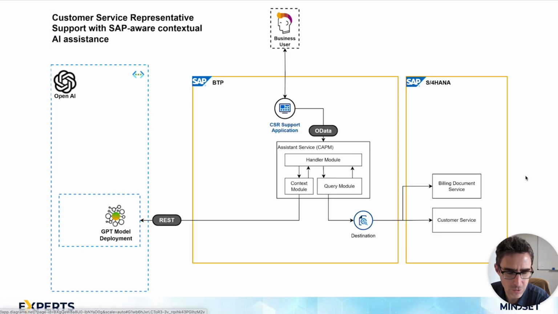The way this works is that it is a very simple SAP Cloud Application Programming Model application. It's got a very simple UI on top of it. It's really just intended to show a little bit of the art of the possible. What can we do with these types of things? How can we expect them to behave? We put it together at Mindset to get a feeling for how these things actually work. And I think seeing it will give you a little bit of a feeling for it as well.